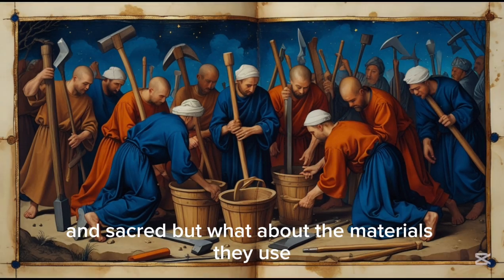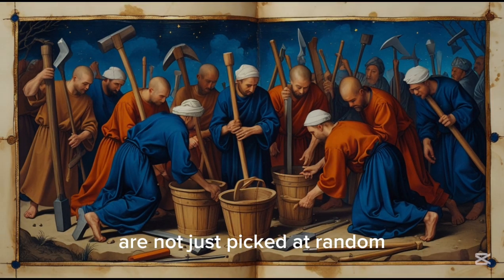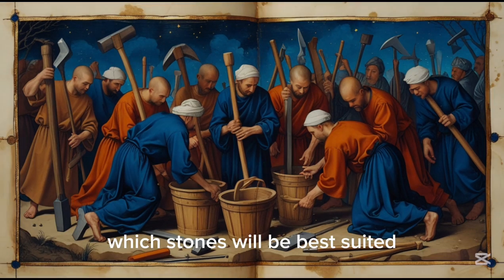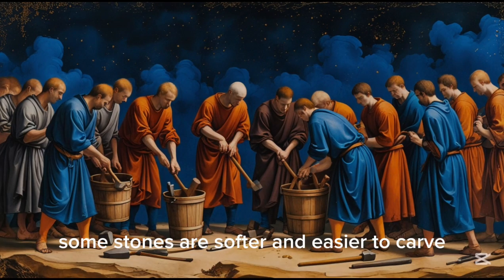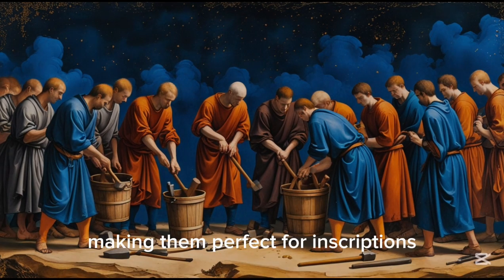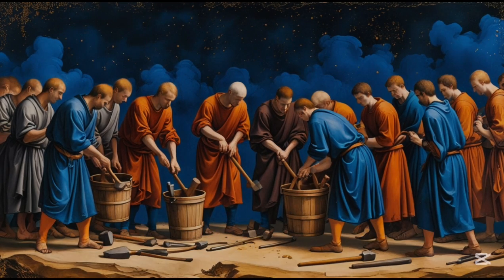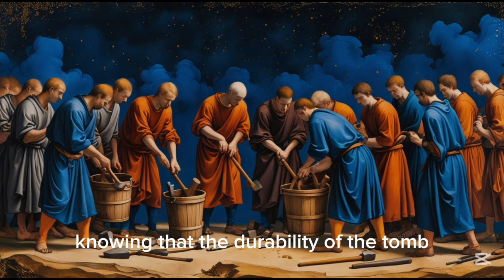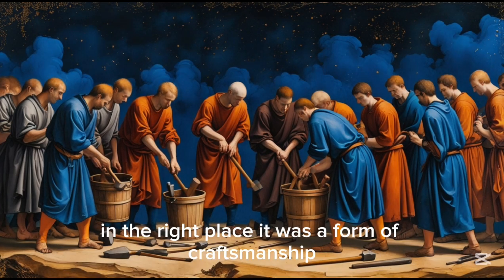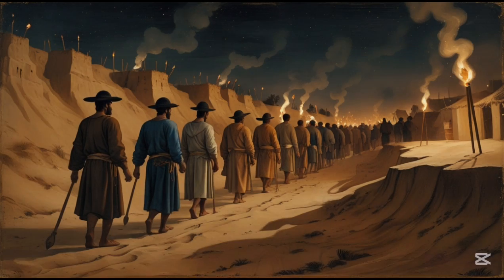But what about the materials they use? The stones, which come from quarries nearby, are not just picked at random. The workers know exactly which stones will be best suited for different parts of the tomb. Some stones are softer and easier to carve, making them perfect for inscriptions or detailed artwork. Others are harder and more durable, meant for the tomb's structure itself. The Egyptians understood these materials intimately, knowing that the durability of the tomb depended on using the right stone in the right place. It was a form of craftsmanship that combined both artistry and practicality, and it was passed down